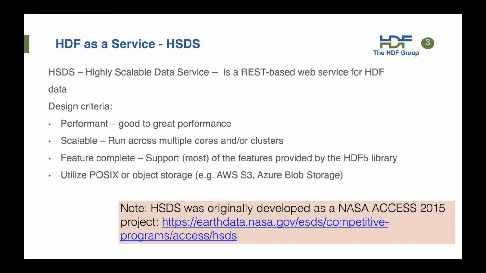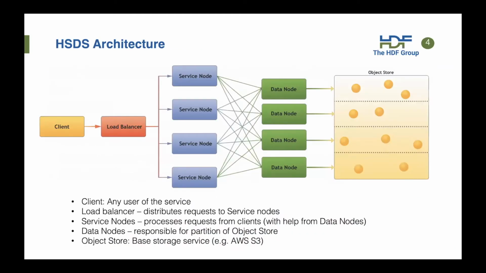The architecture of HSDS is basically a container-based system where you have multiple containers. You have these service node containers, which are the blue guys, that handle user requests, and you have data node containers, the green guys, that read and write to a storage system. And you see there's this complicated cross-stitch pattern between the blue containers and the green containers. This is indicating how we enable parallelism. So for example, with